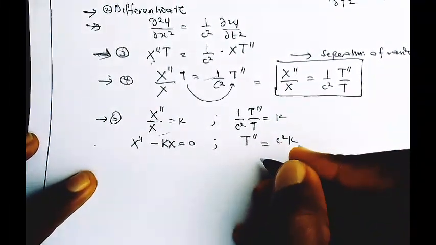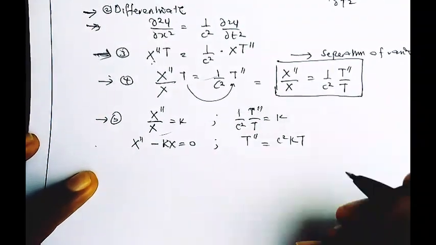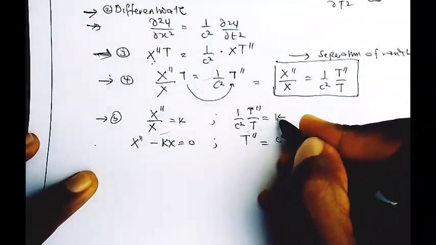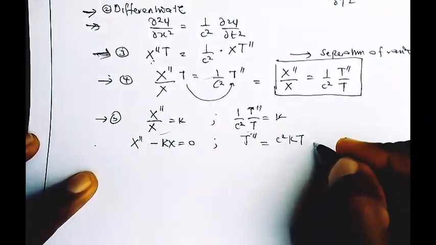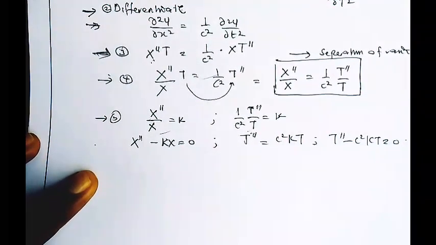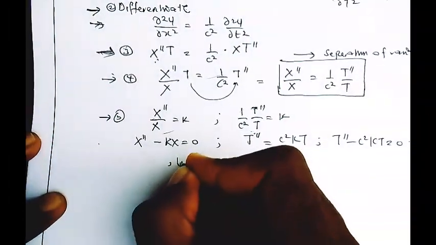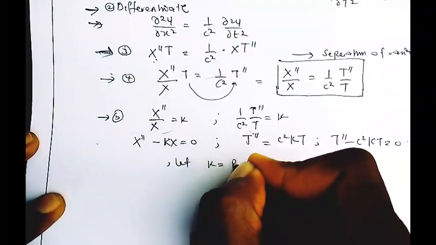Taking this to this side, right? So this gives me c square kt. That's cross multiplying, right? So taking it to this side, this is T double prime minus c square kT equals 0, right? So the constant we assume, we are going to say let k be equal to minus p